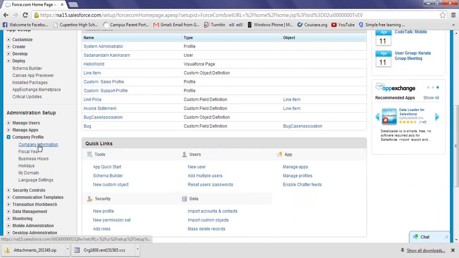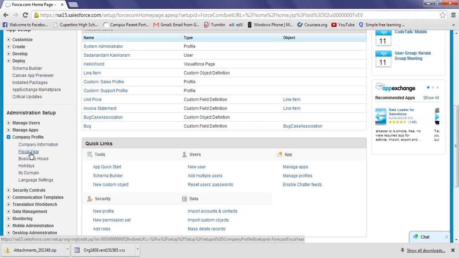What you will look at are different sections like company information, fiscal year, business hours, holidays and domains, language settings, all of these. So here again, why are all of these required? This is a kind of standard setup. Before we release the application to the users, as a company, I would like to have my information properly available so that Salesforce also knows that he is the person to contact from this company, and also the customers would know the phone number that is available, and also the time zone in which we are.